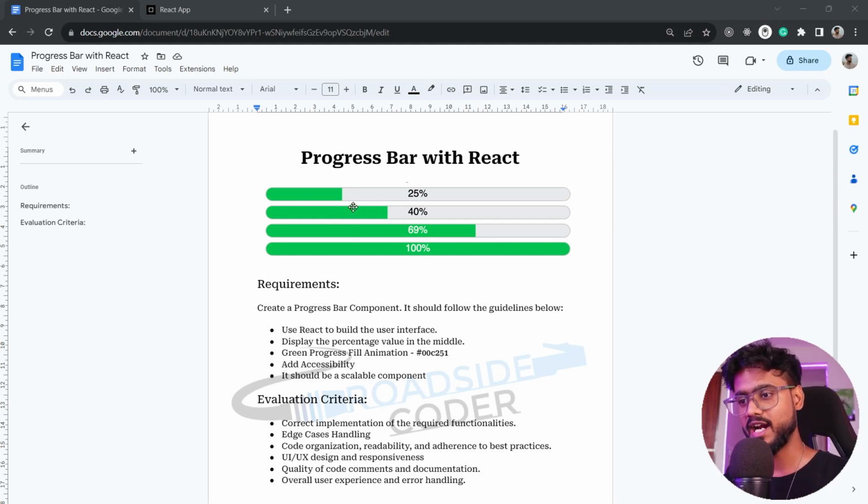As you can see right off the bat, they have given this UI where we have this progress bar, which is being filled with this greenish color. For 25%, it has filled 25% of the container, then 40%, 69%, and for 100%, it has been filled completely. So the requirement is to create a progress bar component and it should follow the following guidelines: